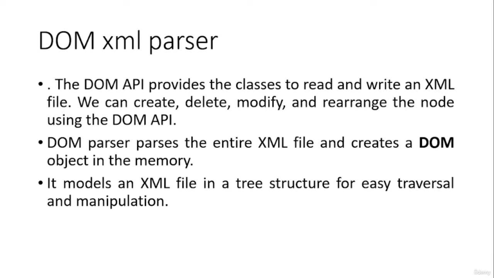It consists of a tree structure, and it will traverse the tree and go through each element. It will create variables in memory to store the particular objects, so it will be consuming your memory. Unlike the SAX parser, which does not require any objects to store, we can use the SAX parser when you only need to read a particular XML. In order to write to an XML file, you need the DOM XML parser. It can create a node, delete a node, and all those things can be done using the DOM parser.